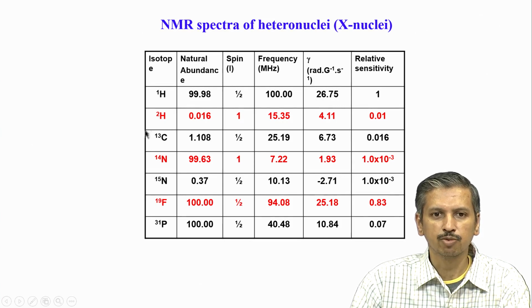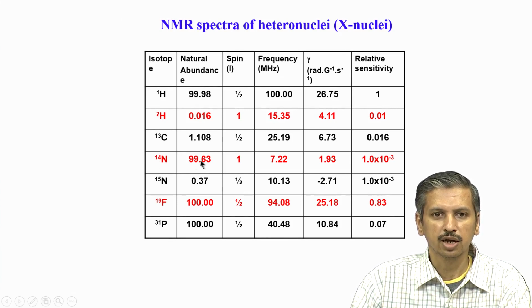But we can at least improve the natural abundance part by enriching, or isotope labeling, the molecule with 100% carbon 13. In such cases, your carbon 13 abundance will go from 1% to 100%, because we will be specifically designing or labeling the molecules with carbon 13. This is what is routinely done in the case of biomolecules, and how we do it will be part of the second part of the course, where we will see it in detail.